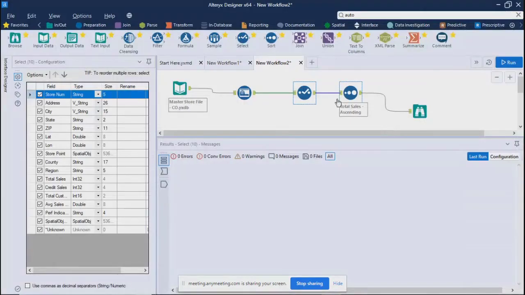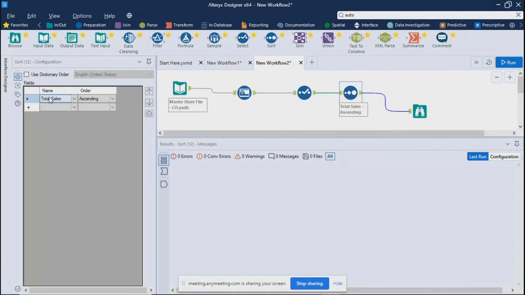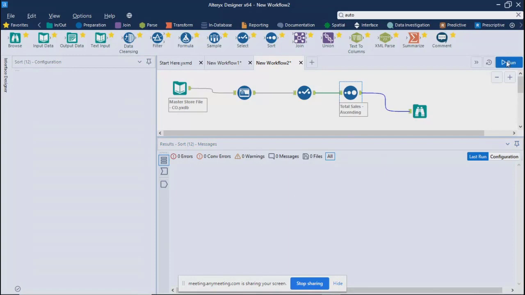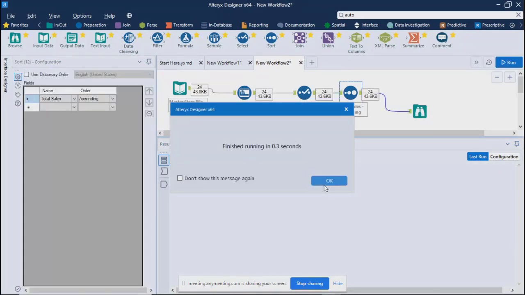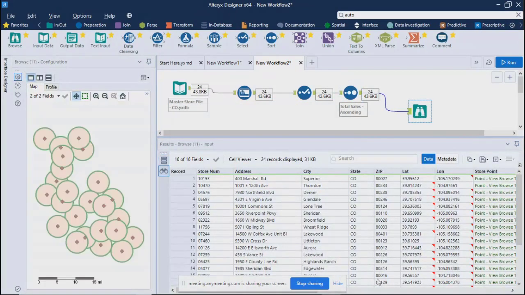Sort. Okay. Sorting, we saw that we can select a particular column, whether it is a measure type or dimension type, and we can put it in ascending or descending order. So in your result, the data will appear like that.